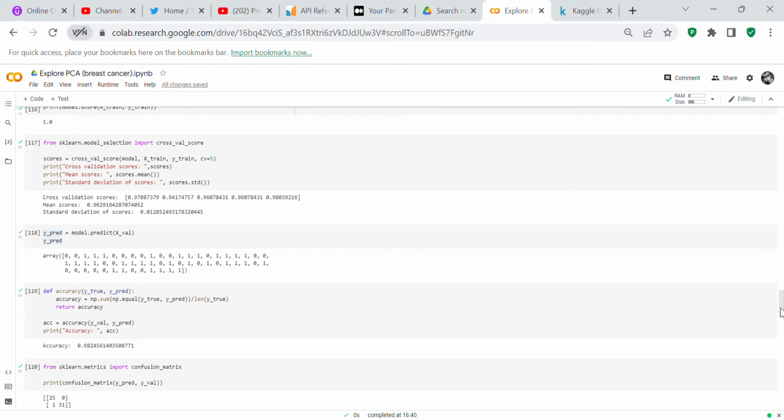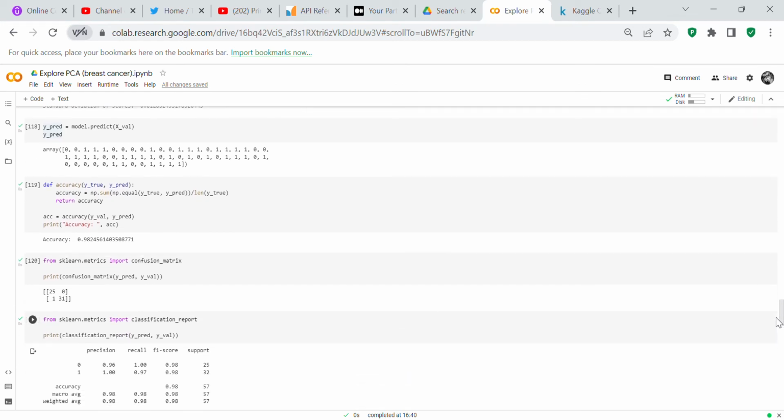And then your standard deviation is 0.0128. Now we check our Y-pred, which is our model.predict on X-val, and so you can see all your ones and zeros, which is your Y-pred. We check our accuracy. Our accuracy is 98%, and now we put it on a